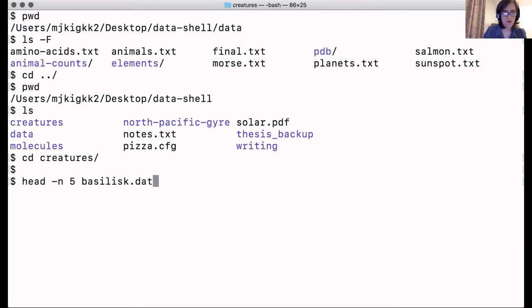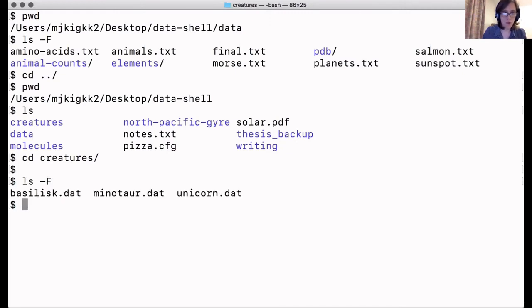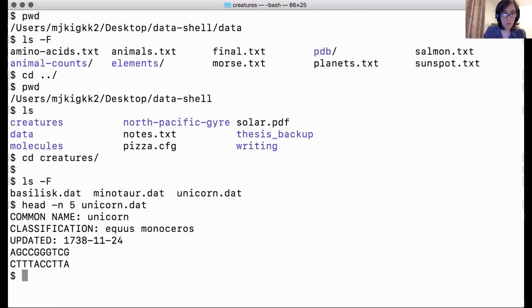So we've got a file. Actually, let's just pause for a second and have a look at what's in here. So we've got basilisk, minotaur, and unicorn.dat in this folder. And what I want to do is print the first 5 lines of the unicorn file. So I'm going to type head -n 5 followed by unicorn.dat. And when I do that, I can see that